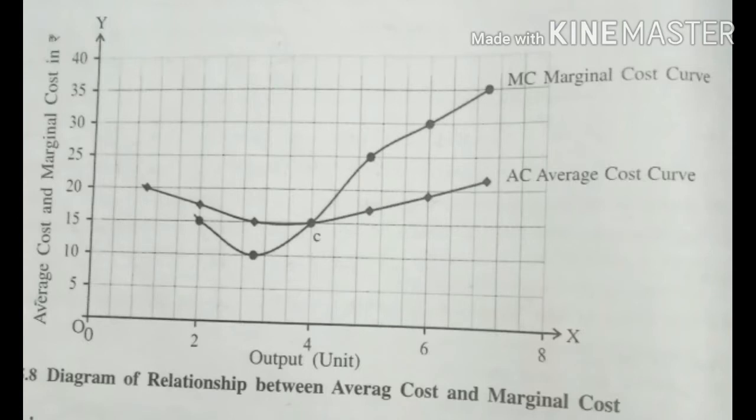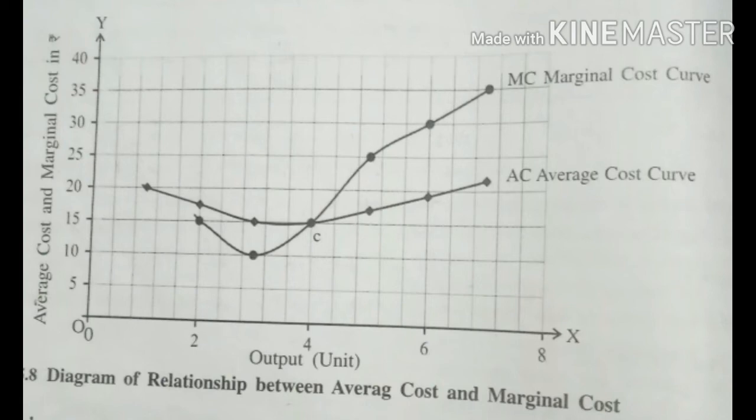Now let us learn the interrelationship between average cost curve and marginal cost curve. Here in the diagram, the output unit is shown on x-axis, average cost AC and marginal cost MC are shown on y-axis, and their curves are plotted. Now let's see the relationship. Marginal cost less than average cost. Initially, as average cost decreases, marginal cost also decreases. But marginal cost decreases more rapidly than the average cost. Hence, when marginal cost is decreasing, its curve remains below the curve of average cost. So we say MC less than AC, marginal cost less than average cost.